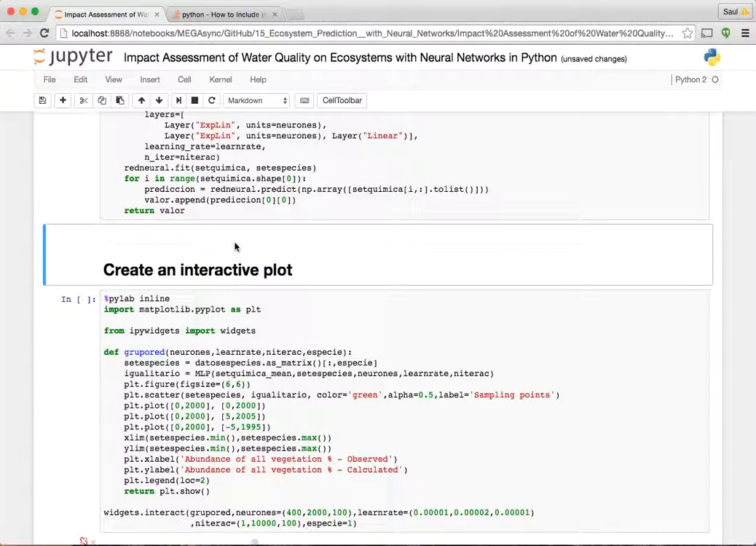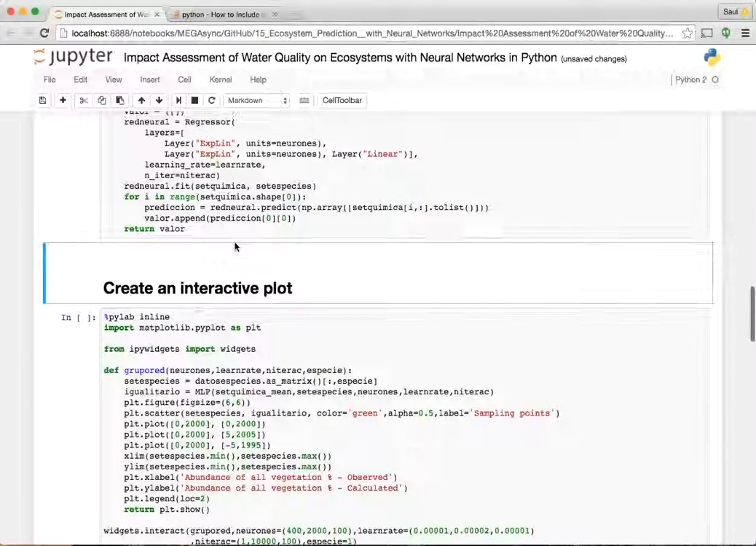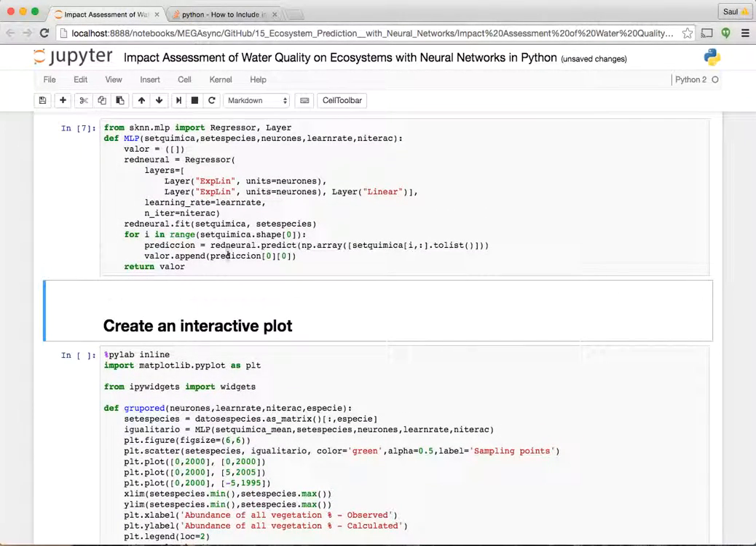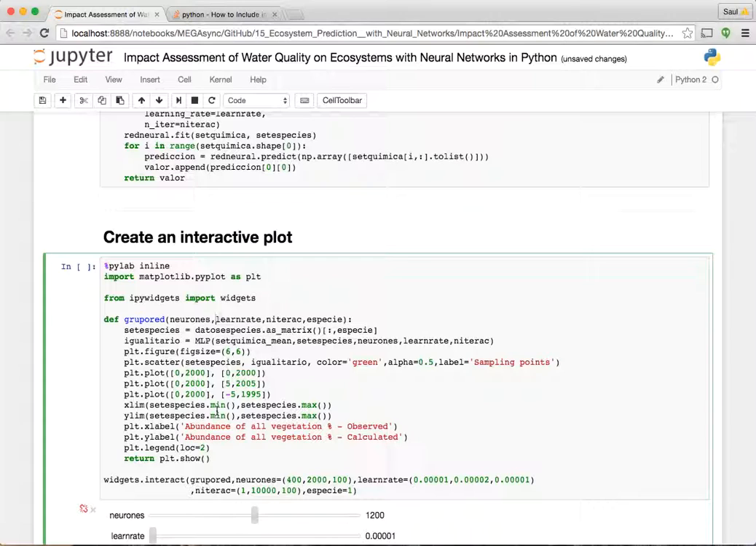This interactive plot is actually an interactive view of this function where we can just play around with the data, and then we can see which is the best available and possible solution in terms of number of neurons, number of iterations, learning rate, and maybe the type of layers, linear or non-linear. In this case, this is a non-linear layer. Okay, so we just run this,